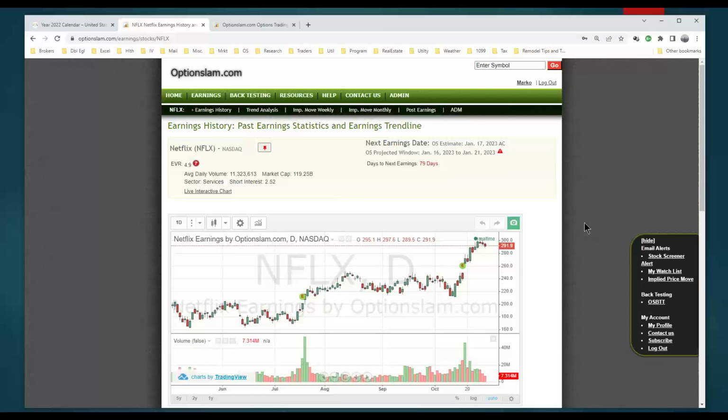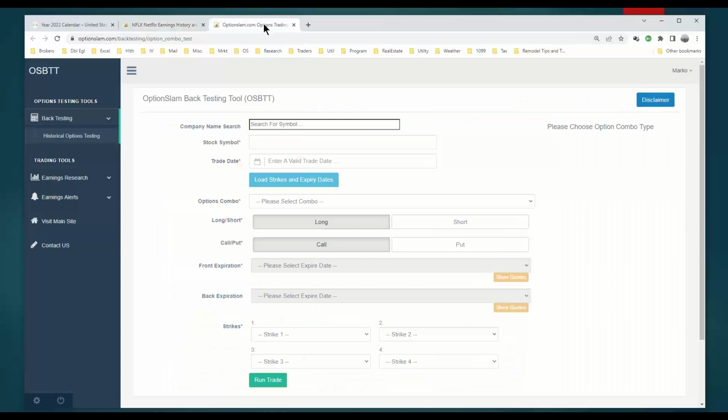OptionView is one of the programs out there. OptionView is a website. There's also OptionNet Explorer. That's another one that has intraday data, and they have back testing capabilities. So there are others that are more capable. Our data and our back testing tool is restricted to end of day data only, so that is a limitation.